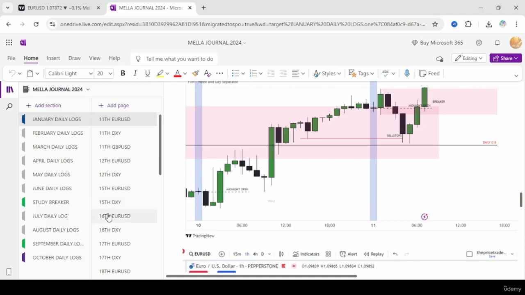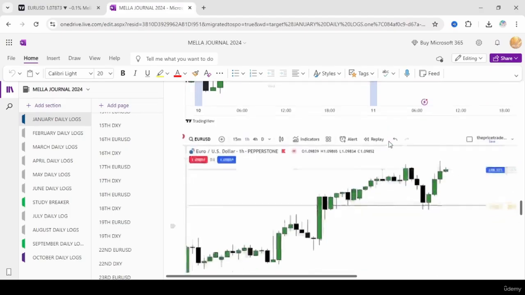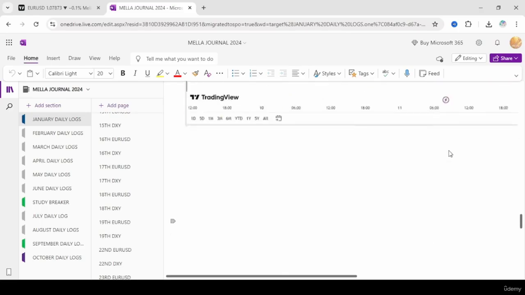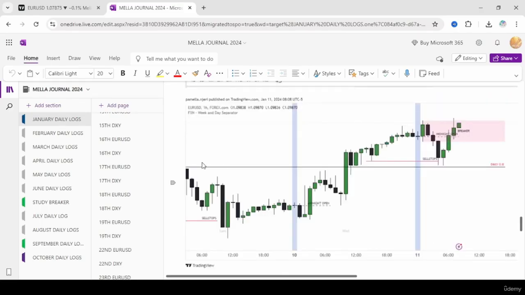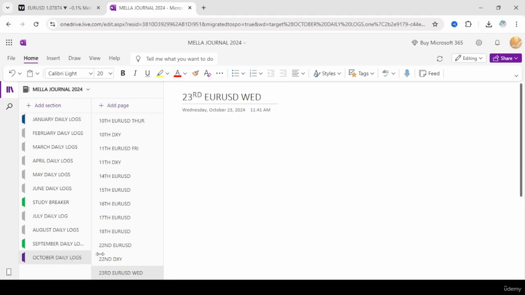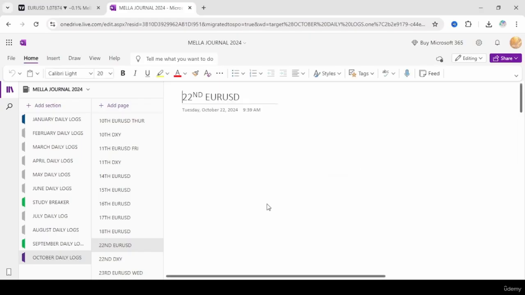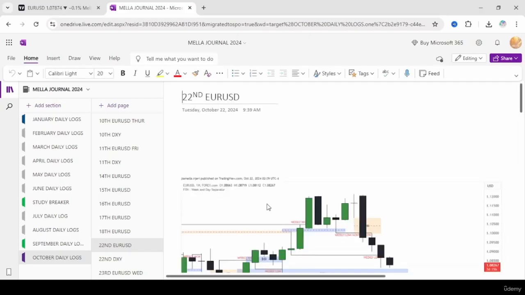But I'm not saying that I started in 2024. I started some years back, but I'm trying to show you the growth or the journey. You can see here also, I was also recording sell stops at this point. Okay, live executions and whatnot. But when you come to the daily logs of October, they're so much different from what I used to record